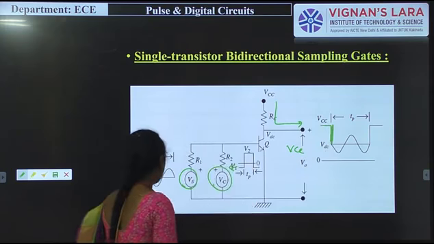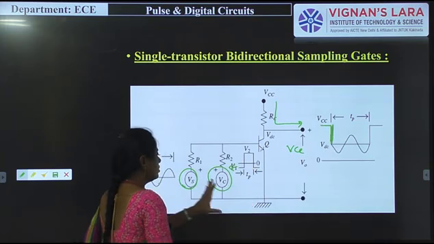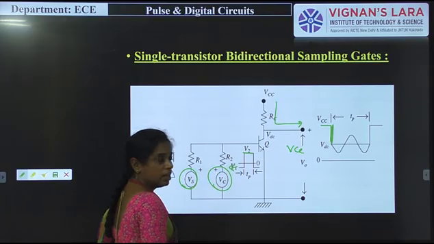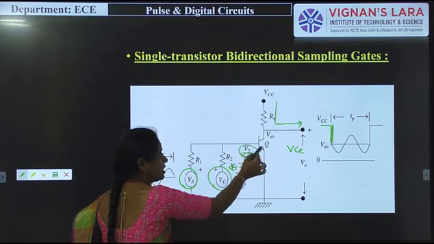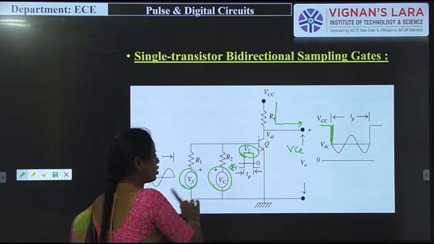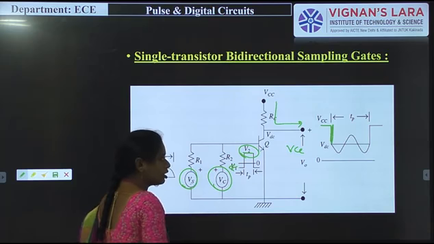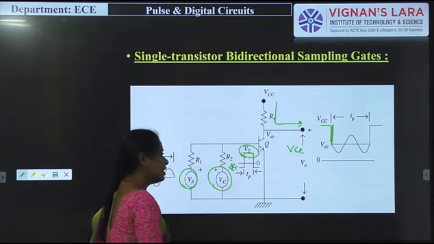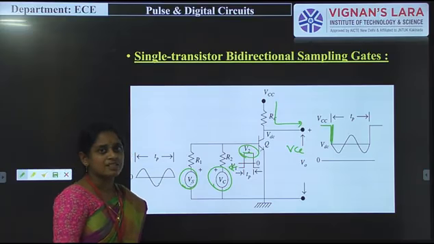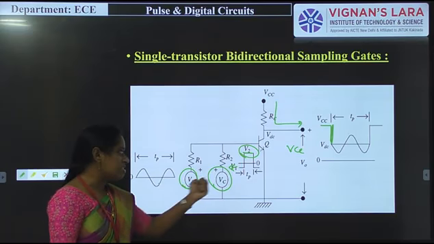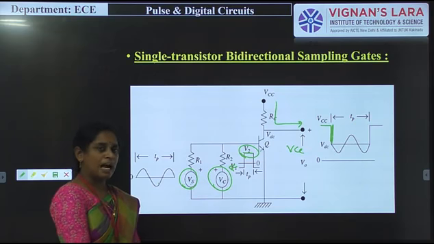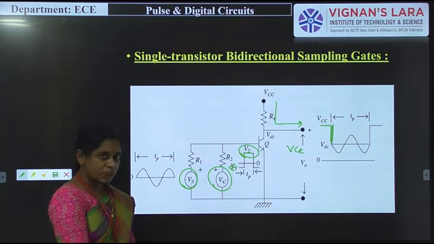At the same time, when the control signal Vc reaches the V2 level, what happens? Obviously, with the Vs and Vc combination, the transistor Q goes to the on condition. At this time this particular transistor acts as an amplifier circuit. What does the amplifier do? It amplifies the signal as well as shifts the phase.